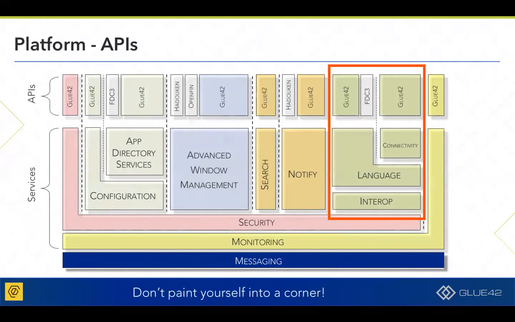That makes sense for your use cases. Then what you can do is you can start looking at advanced window management or app directory services. So you can choose, as per this slide, a group of services that will